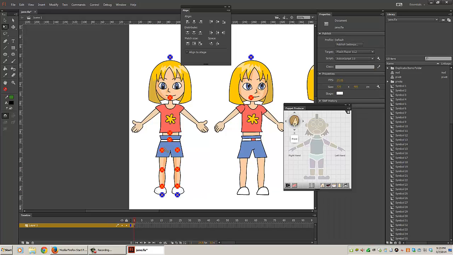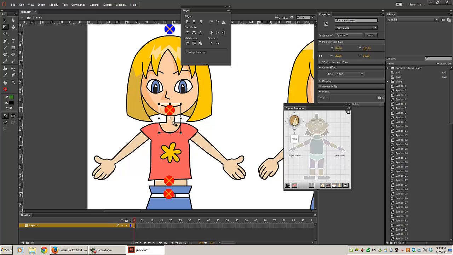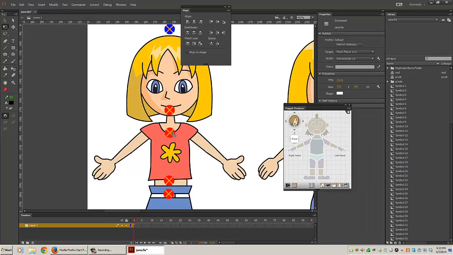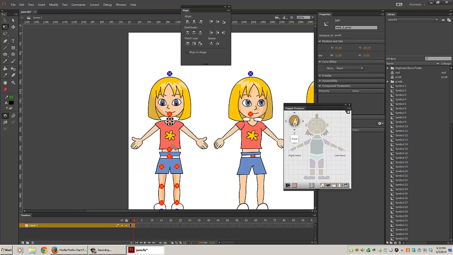Okay, so ideally this is what your character should be looking like. Let's see if I can get to the neck. So here's the neck. Boom. Now this neck needs to pivot itself around maybe this area here, so we're going to nudge that up a little bit. Alright. And